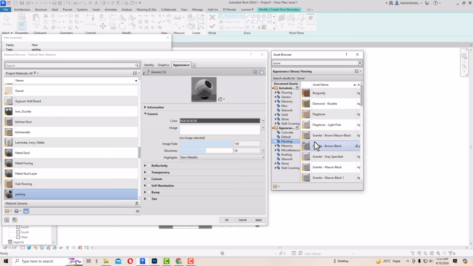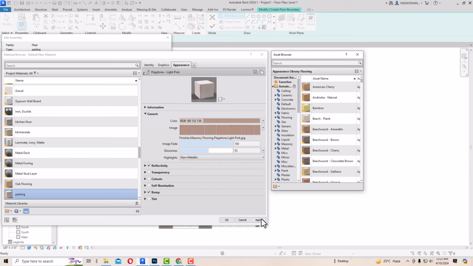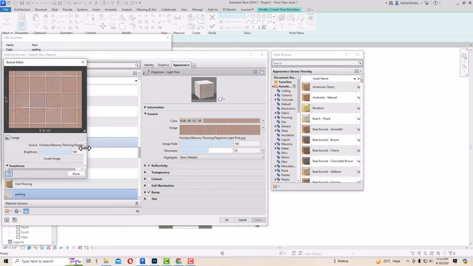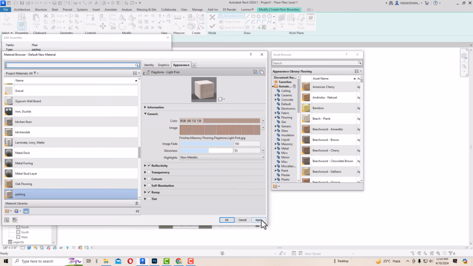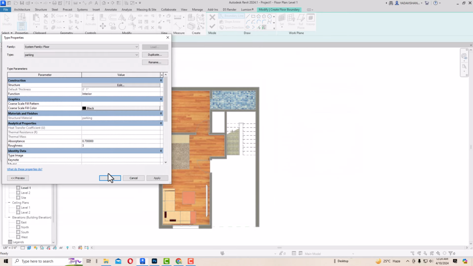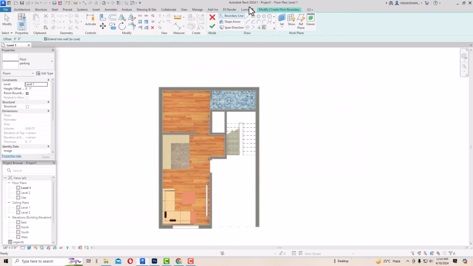So I'm going to use flooring, so I'm going to use this flag stone, and I'm going to apply. You can change the scale, so I'm going to scale here, and I'm going to unlock this. So I'm going to select this 16 feet. I'm going to make this as a 10 feet here. Done. Apply. Okay. Okay. Apply. Okay. So I'm going to draw a